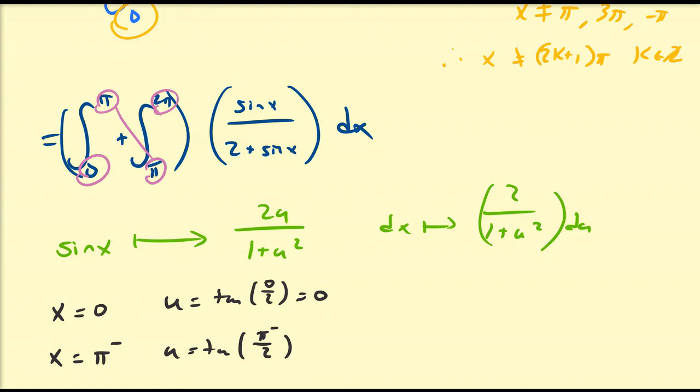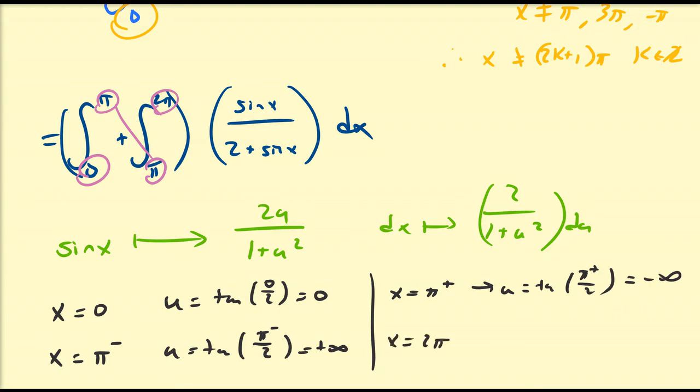And as we know, as x approaches pi from the left, tangent goes to positive infinity. Looking at our other side, as x approaches pi from the right-hand side, then u is going to be equal to the tangent of pi from the right-hand side divided by 2, which we know goes to minus infinity. And when x is equal to 2 pi, then we have that u is going to be equal to the tangent of 2 pi divided by 2, which is going to be equal to,